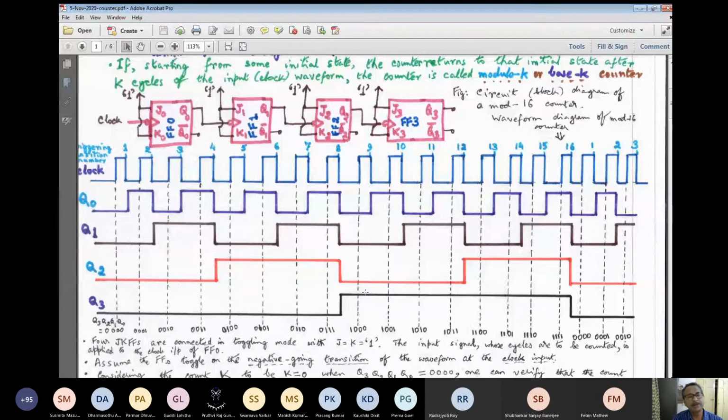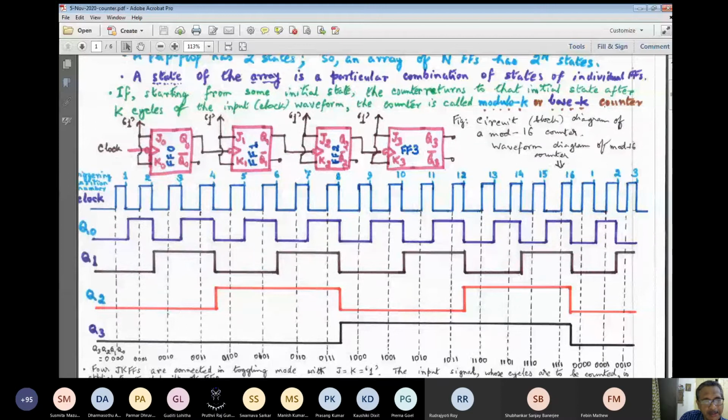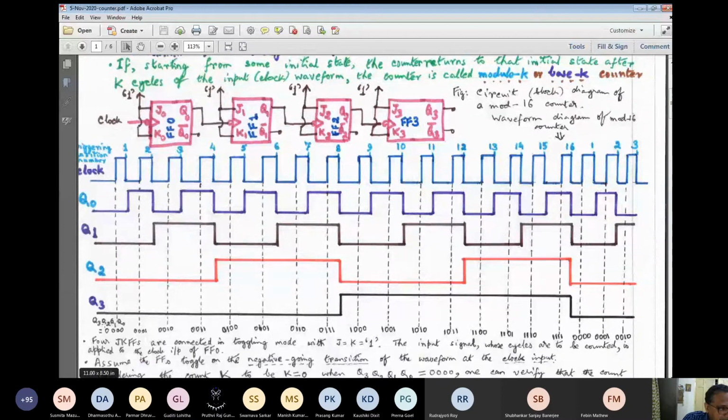And regarding the state of the counter, we are trying to find out the modulus or base of the counter. Let us start with a particular state. We can read the state of the counter at each rising edge. I have noted down, you can easily find that it starts with all 0. It will reach all 0 again after how many clock steps, how many clock cycles of the primary clock waveform elapse? You can easily find that this is the first one, second, third, fourth, fifth, sixth, seventh, eighth, ninth, 10th, 11th, 12th, 13th, 14th, 15th, 16th.